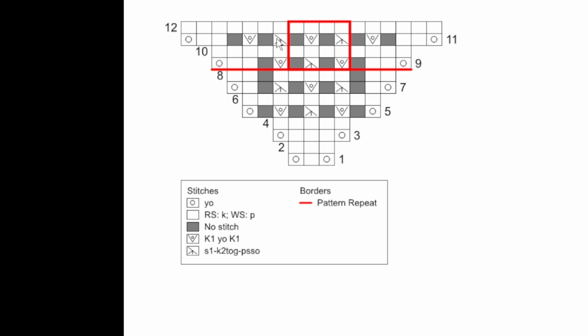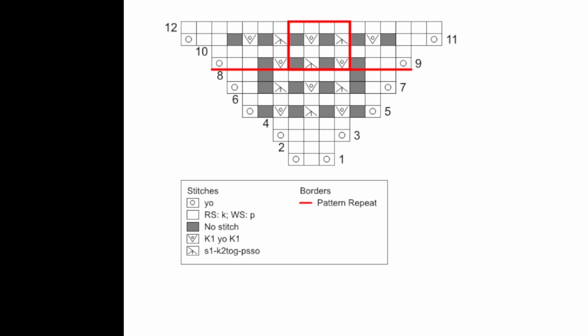Now that's presuming there is just one multiple present. Otherwise you would work up to the box and you would repeat these 2 directions, the double decrease and the double increase, the double decrease and the double increase, until you get 6 stitches from the end, and then you work this double decrease, this increase, and then knit 2, yarn over.